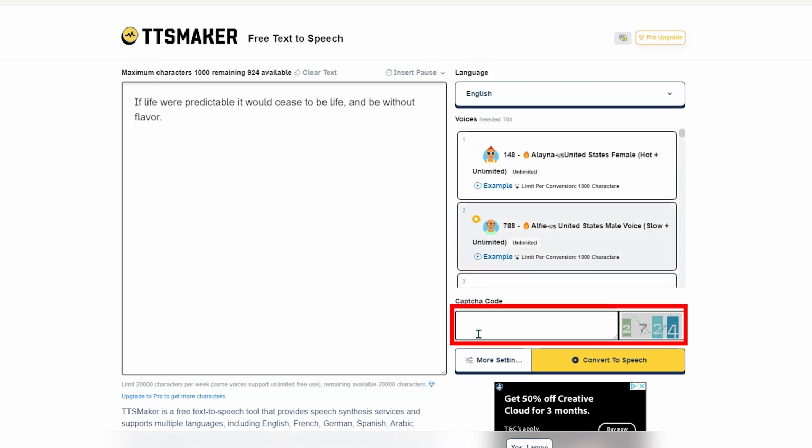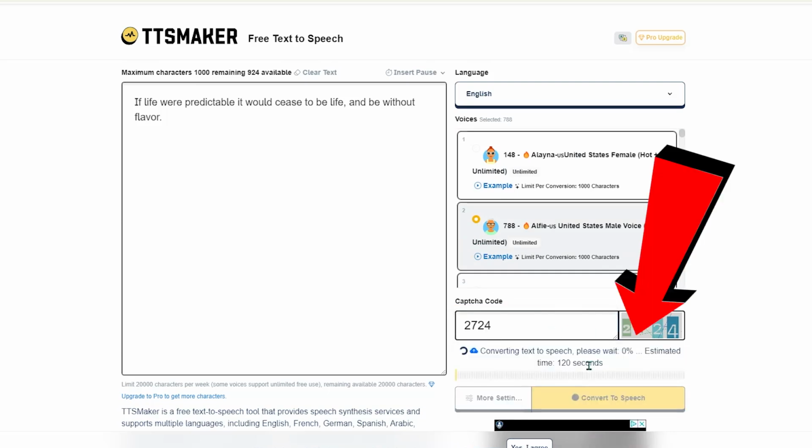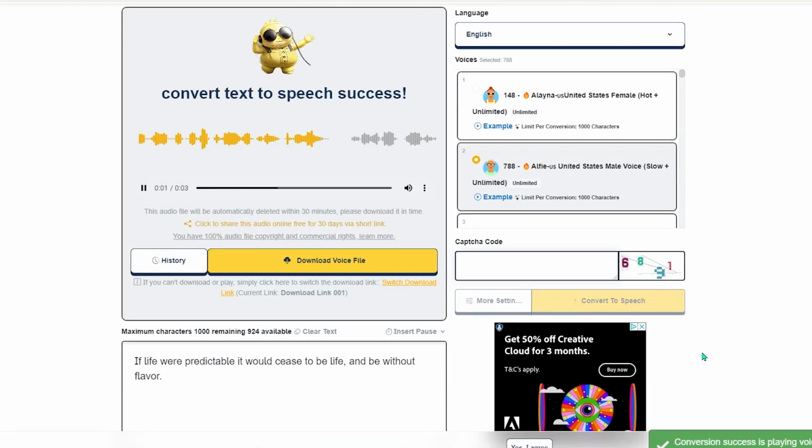Enter the CAPTCHA code, click Convert to Speech,